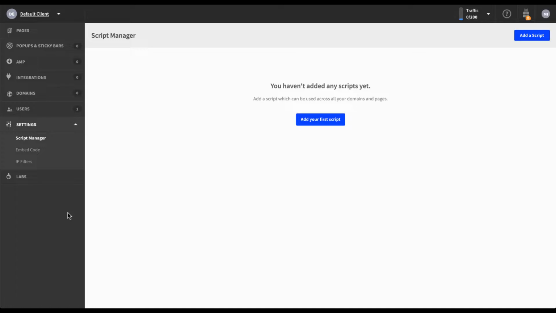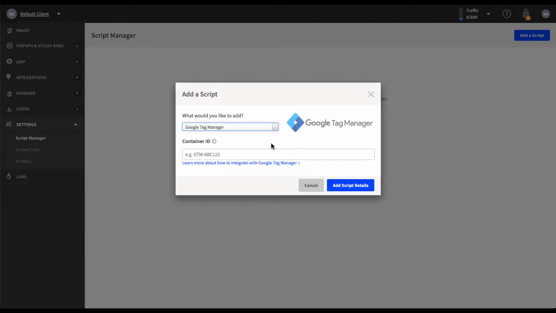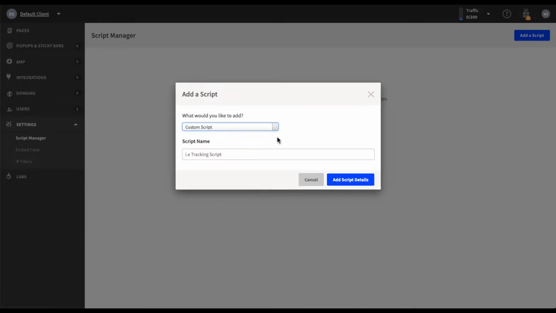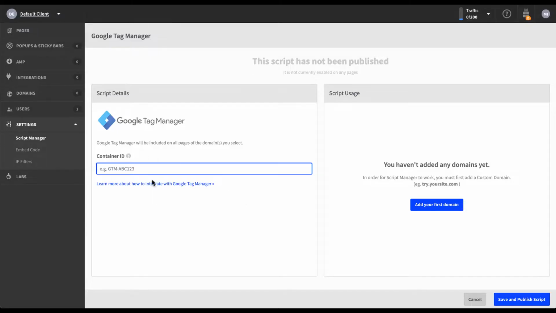So here, we only need to add our first script. You can then choose a direct integration of Google Analytics, where you just have to add your tracking ID. You can also choose Google Tag Manager. Again, just add the container ID. Or you can choose a custom script if you have something outside of those 2 platforms that you want to use to get those set up. It's very easy to get started, and then once you add things in, let's just go to Add Script Details. Again, over here, it's prompting me to use the container ID,